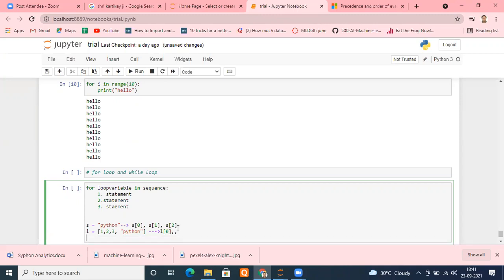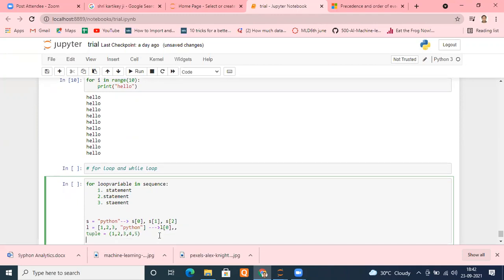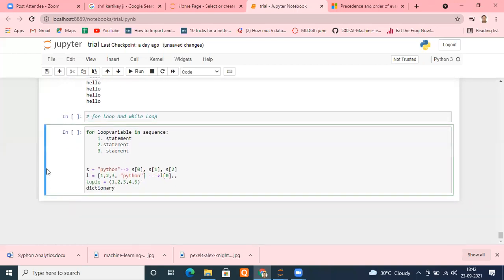Similarly, there are other elements like tuple. Tuple is represented by these brackets, this way, and we can write 1, 2, 3, 4, 5, or other data types, doesn't matter what we put there. Similarly, we have dictionaries as well. So there are several types of sequences, which consist of different data elements, and every element you can access by indexing. Let me show you with an example.